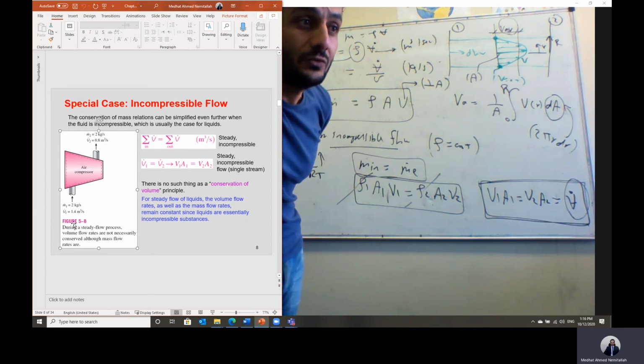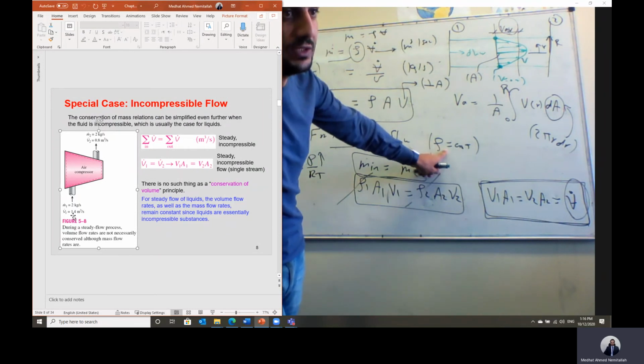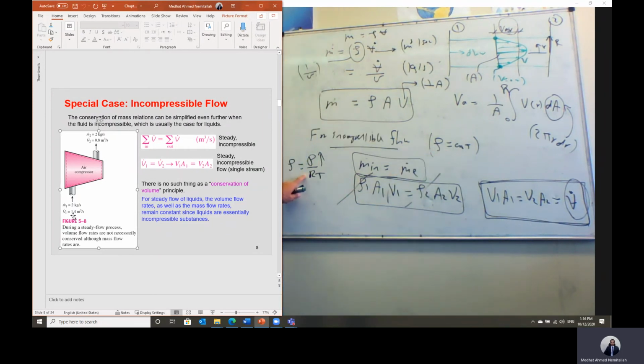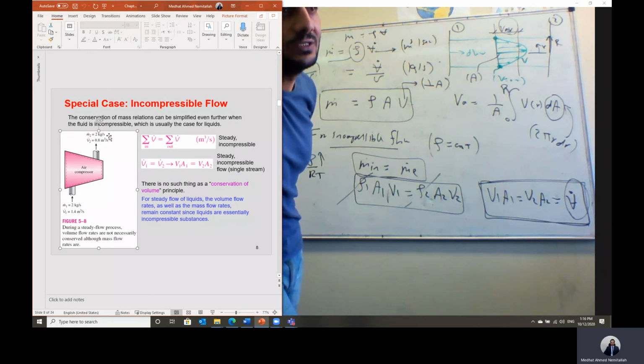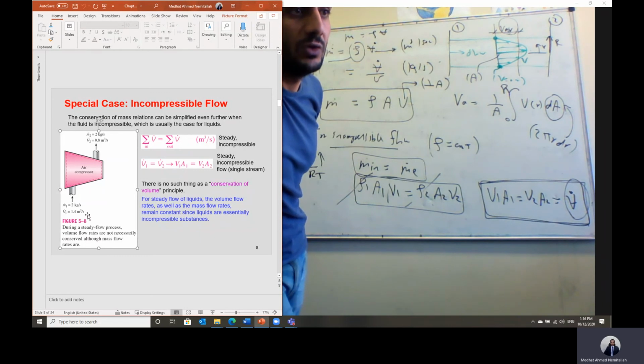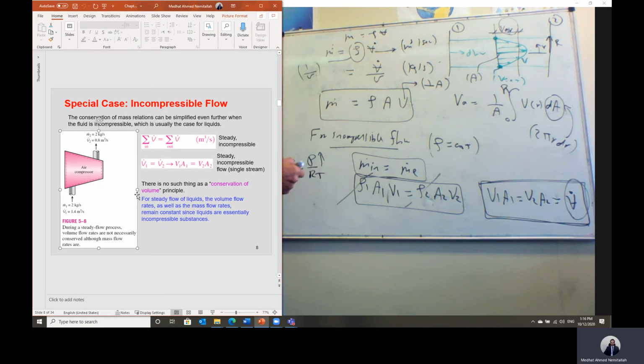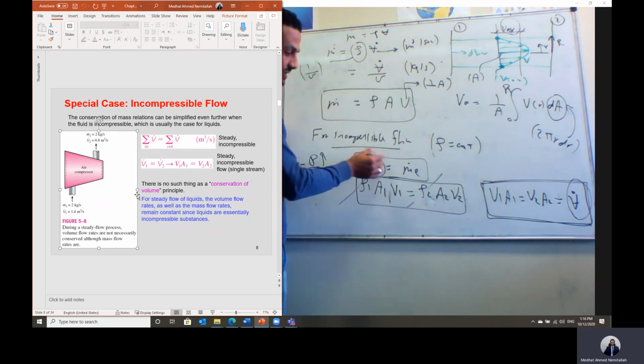But in case of compressible flow, this is a gas, which means it is compressible. Density is not constant. Density is a function of the pressure, which is low at the inlet section and high at the outlet section. So the volumetric flow rate is equal to the area multiplied by the velocity. The volumetric flow rate at inlet is equal to 1.4 meter cubed per second, and at outlet the volumetric flow rate has been reduced. Why has the volumetric flow rate been reduced? Because the mass flow rate is the same.